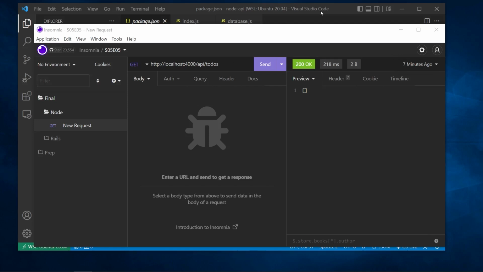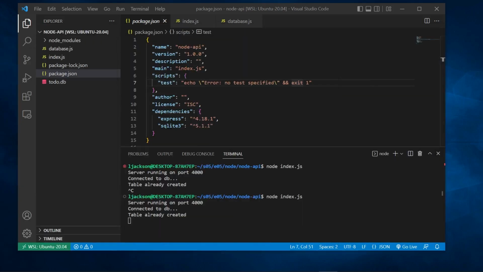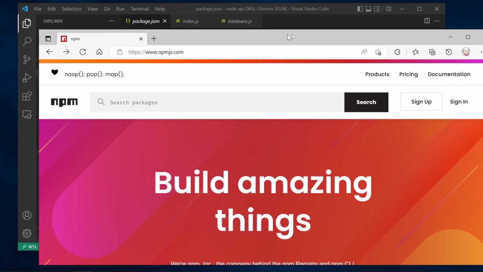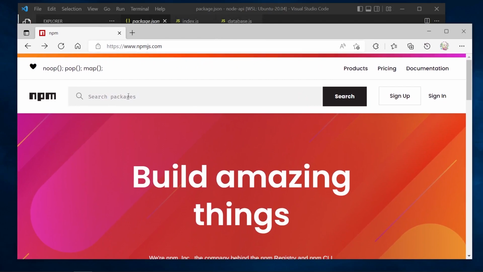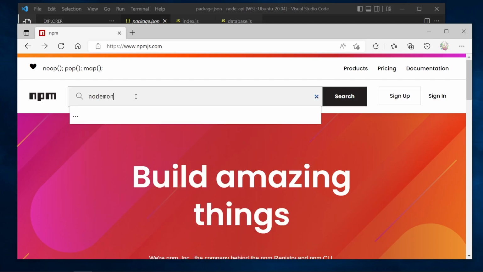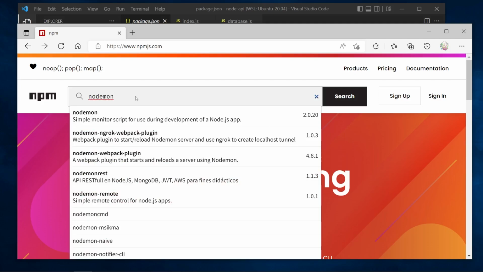All right, now just before we move on to doing our post endpoint, our final endpoint, I do just want to install a couple of other dependencies in our application. And the first one is not really mandatory for the running of our application. It's just something that you'll see a lot if you're doing any Node.js development, and it's a package called Nodemon